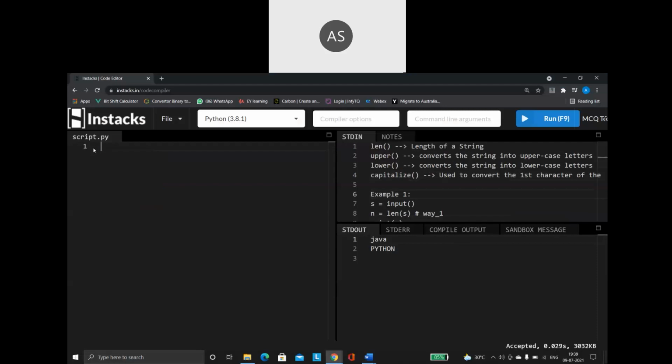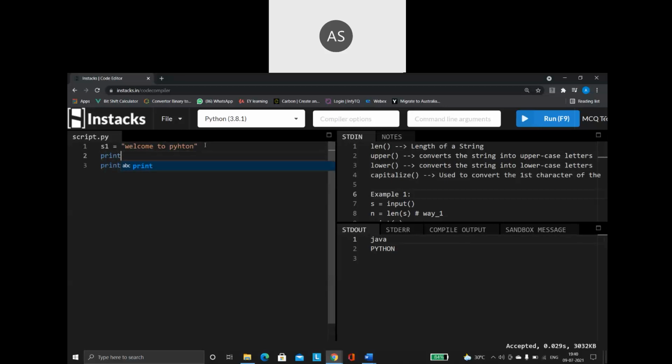Say for example, I'm having a string like this. I'm saying s1 is equal to welcome to Python. This is my string, right? Now I'm saying print s1 dot capitalize. Before that, let us print s1 and see how it is getting printed.